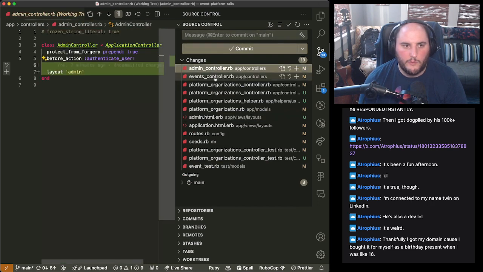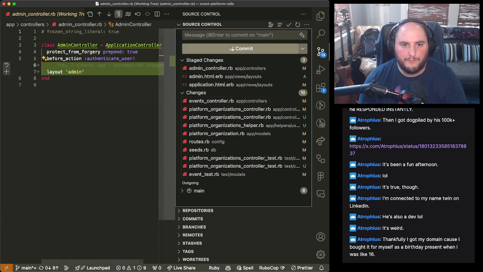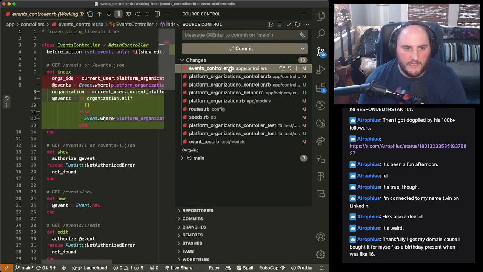And then we're going to add admin layout and add org switcher to UI, because that's what we did.